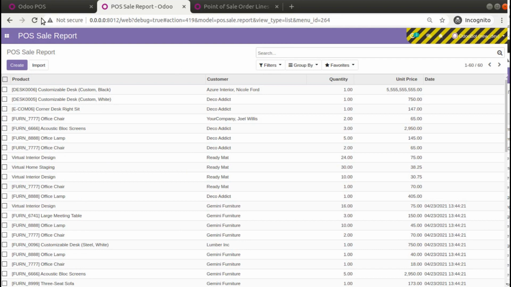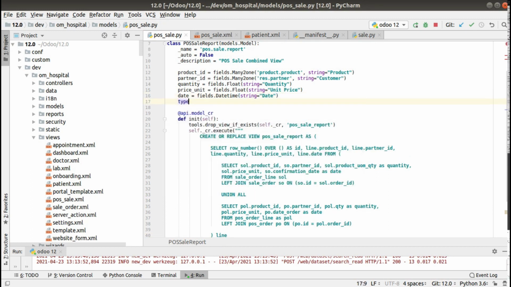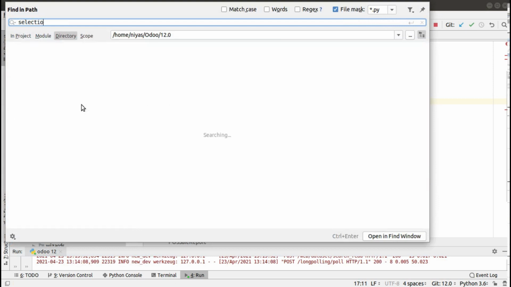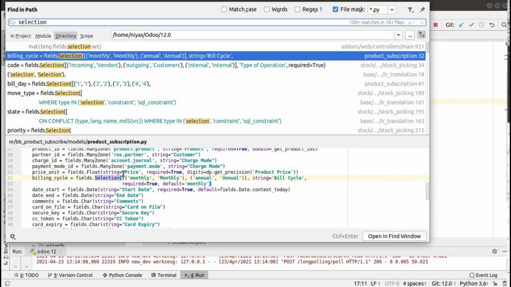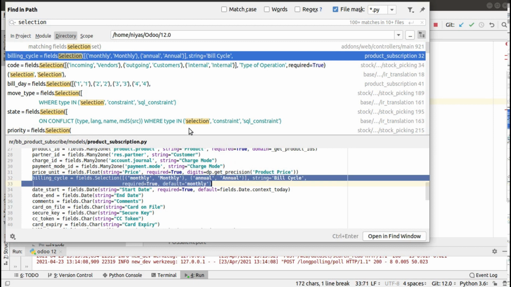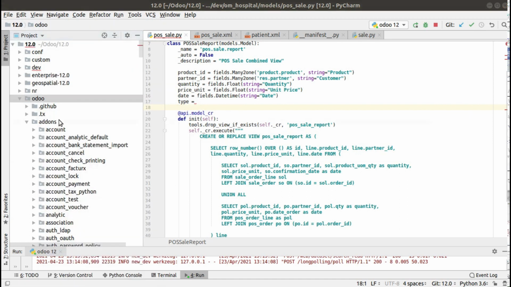So you can see it has been bringing both the sales from point of sale and sale order. And you can add more things, like if you need to identify the type, which is sale order, which is sale order line, what you can do, you can simply define a character field or selection field. So type, so simply I'll be searching for a selection field, fields dot selection. I'll be copying this one, or let it be inside the Odoo source code only.